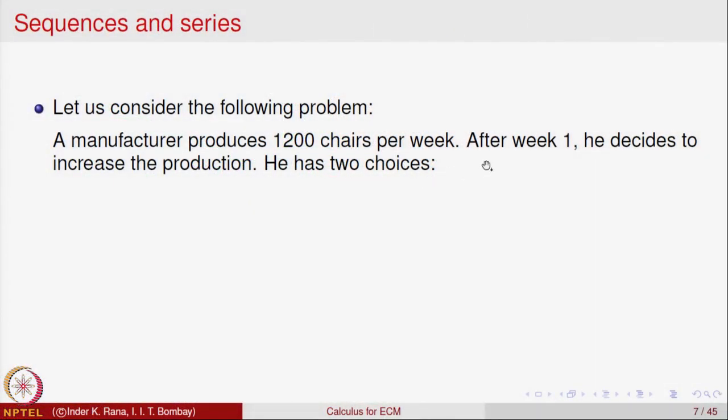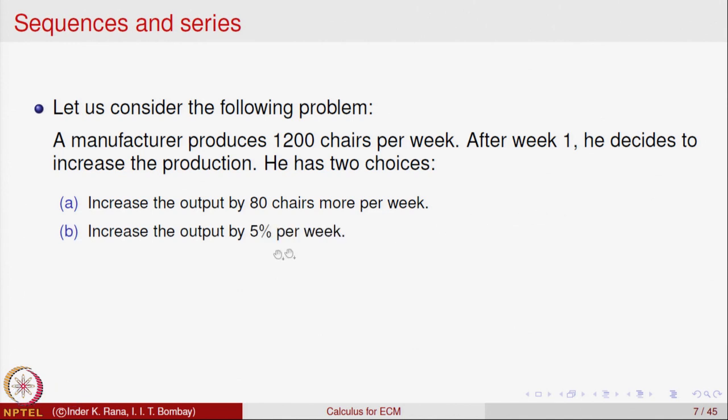So, now we are going to look at a new concept called sequences of real numbers. So, let us look at a problem. A manufacturer produces 1200 chairs per week. After week 1, he decides to increase the production, and he has now two choices. One, he can increase the output by 80 chairs more per week, that is one possibility. And the second is he can increase the output by 5% per week. Okay. So, he has two options